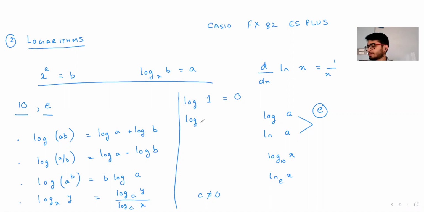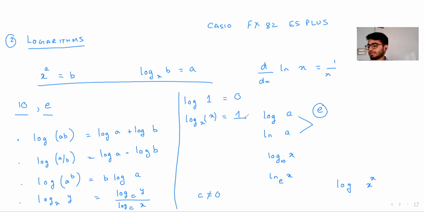Similarly, log x base x is nothing but simply 1. You could get this directly by applying the fourth one, or again, this is a standard result. If I raise x to the power 1, I would get the answer x only. Note that this is the base here. Ignore my handwriting in case you're getting confused. It's not log x to the power x. It's basically x is the base and x is the argument of it. So this is nothing but 1.